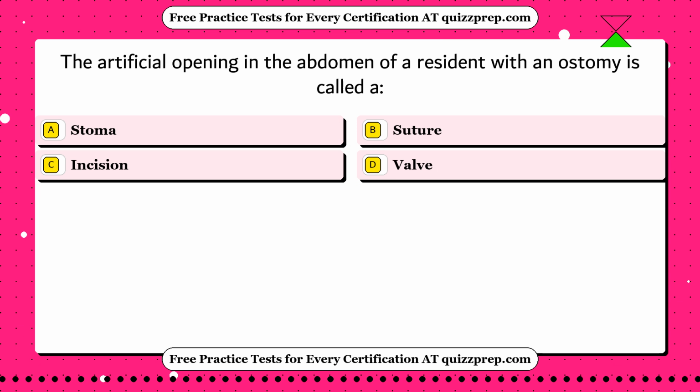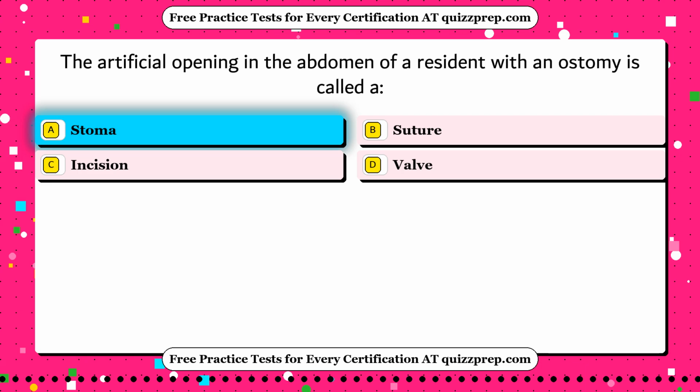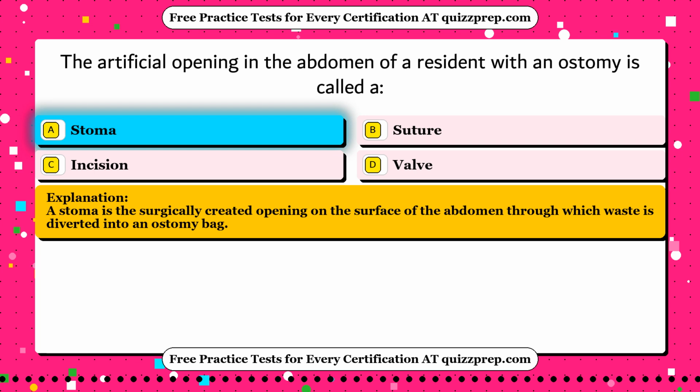Question 74. The artificial opening in the abdomen of a resident with an ostomy is called a: option A, stoma, option B, suture, option C, incision, option D, a valve. The correct answer is option A, stoma. A stoma is the surgically created opening on the surface of the abdomen through which waste is diverted into an